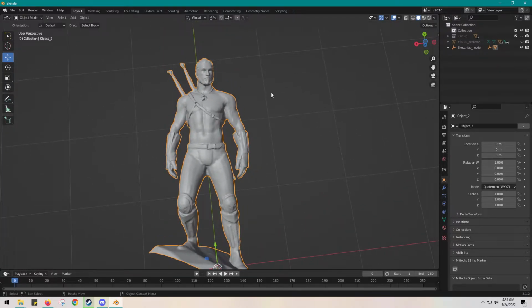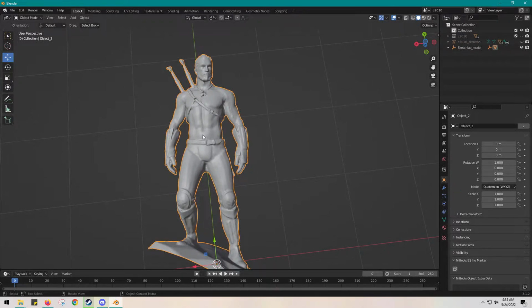Anyway, so we don't want his legs. We don't want that platform he's standing on. We don't really need his arms. It is really weird that he's looking to the side, and that's kind of one of the other difficulties of,